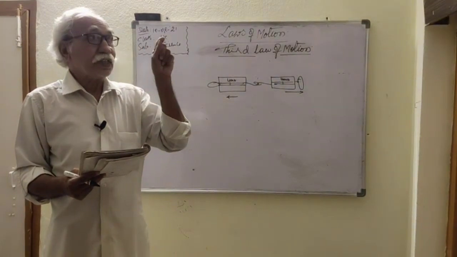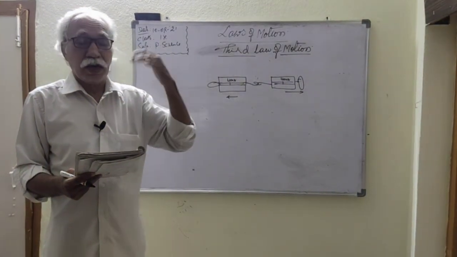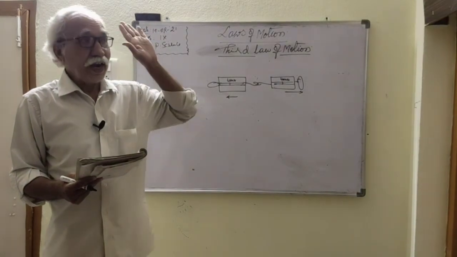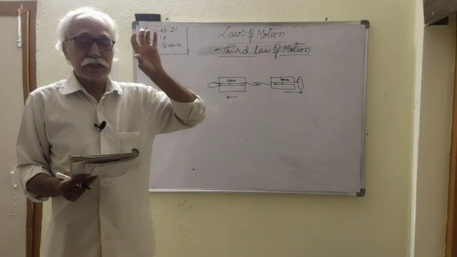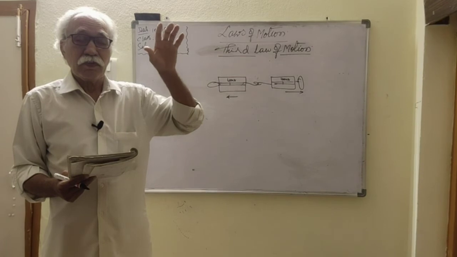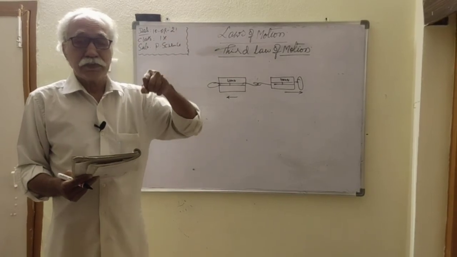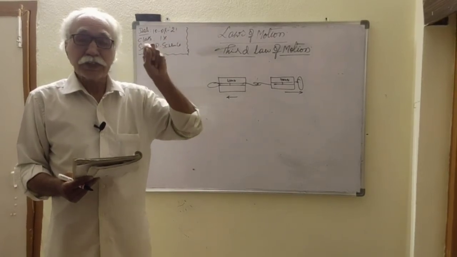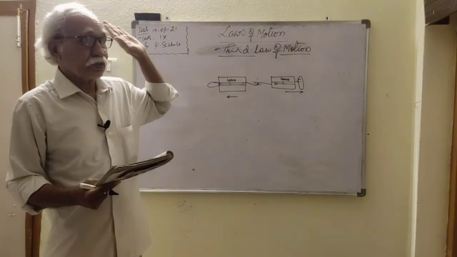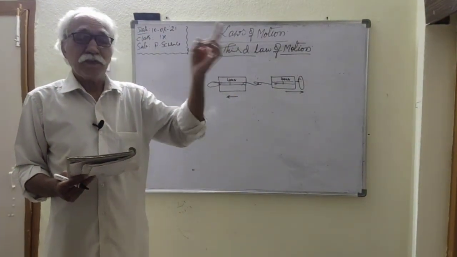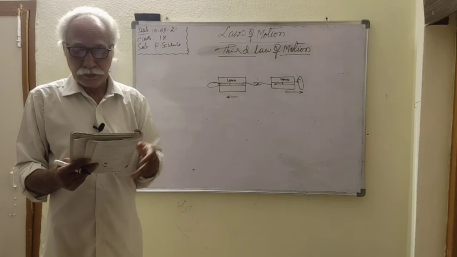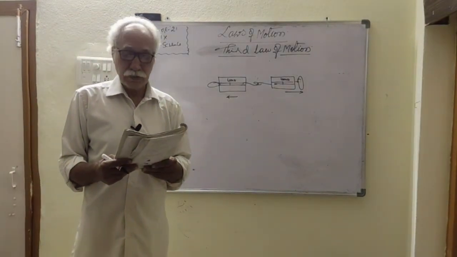But we cannot see that force exerted by the wall on our body, because our hand is moving, applying force. This is visible to our naked eye. But the wall applying force is not visible. But we can get the experience, the sensation. Suppose when you strike the wall applying force, with that force we are getting some pain. So this is called reaction force.